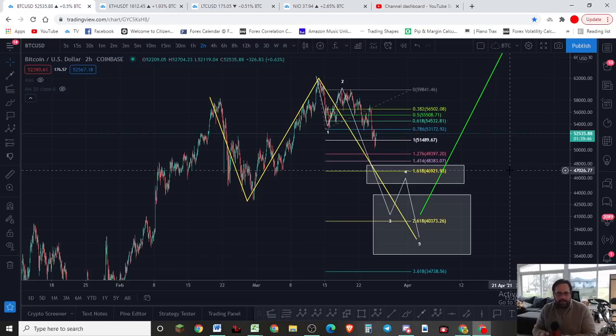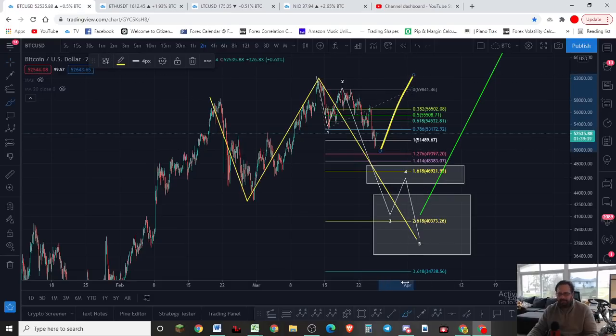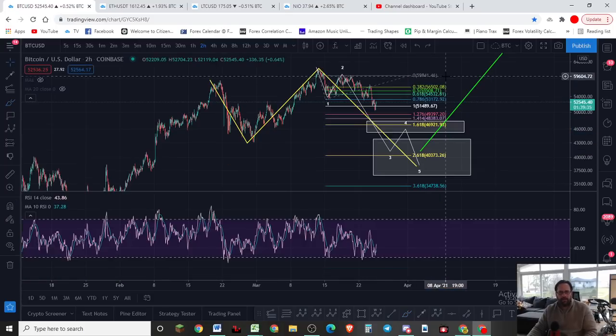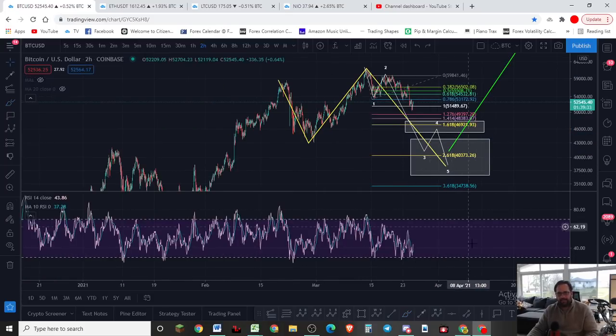So anyway, with that said, this is possible. It could be a three-wave move that then begins to come on up, but I'm not seeing the likelihood of that happening. Okay, personally, I see us continuing down. Now, could this come up a little bit more before it comes down? It sure can. In fact, we've had a history of doing that, but is that going to happen here? I can't say. So let's zoom in now to the very small time frame, about the 15-minute chart,